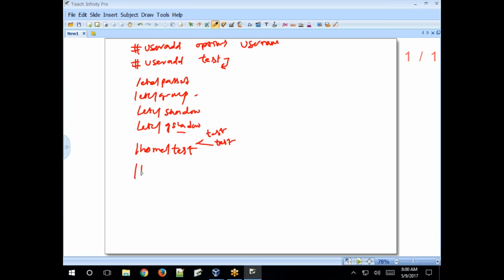And then the skel files will be copied. Skel files will be copied from the /etc/skel directory. From this directory, all the files will be copied to the user's home directory. What does skel mean? Skeleton, the basic structure, the default environment. The profile files have environment variables. We'll see that in the next class. The default permissions and default configuration files will be copied.